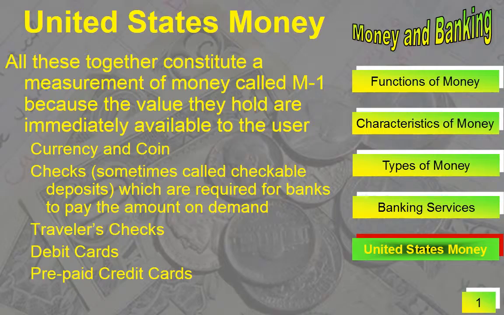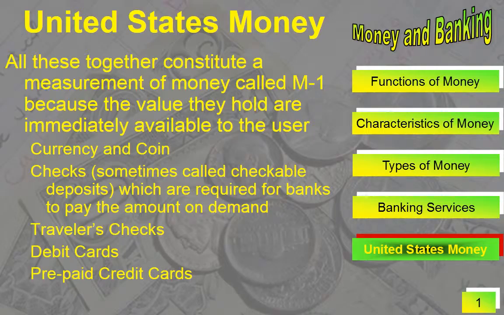Or you could pull out your debit card, not a credit card. Well, a little bit different here. A debit card, remember, allows you to withdraw money from your savings account or from your checking account as pre-established with the bank, and you cannot overspend what is in your savings for that particular transaction. And so a debit card is money that is immediately accessible as you are standing there at the counter ready to pay. So that also is part of M1.